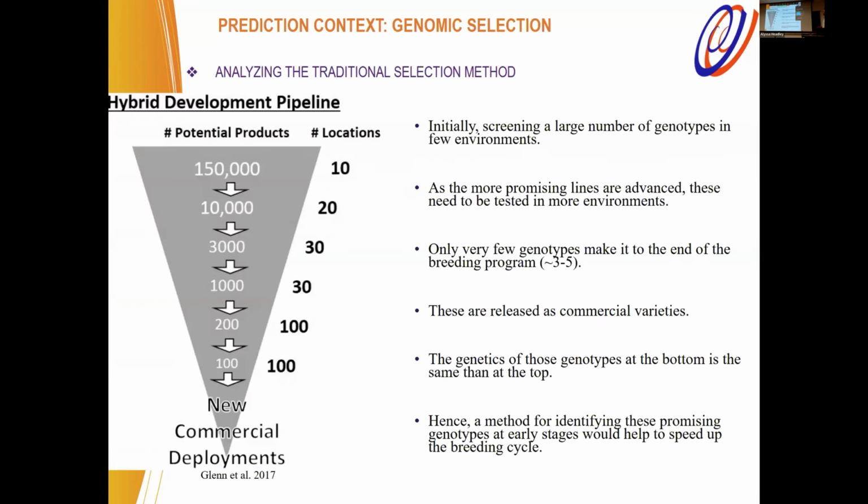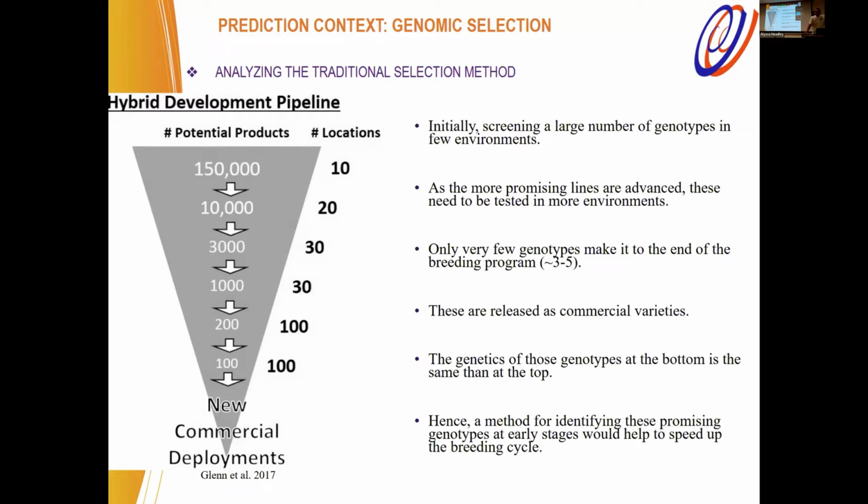And this is a graphical representation of how the conventional selection method works at the industrial scale, where you begin with a very large number of genotypes tested in very few environments, and later on you start selecting the top ones, and then you increase the number of environments. At the end, after 6, 7 cycles of selection, you end up with very few genotypes, right? They are being tested in many environments. So the idea is that at the end of the process, the company is going to select 2, 3 top performing genotypes, and these will be released as commercial varieties.